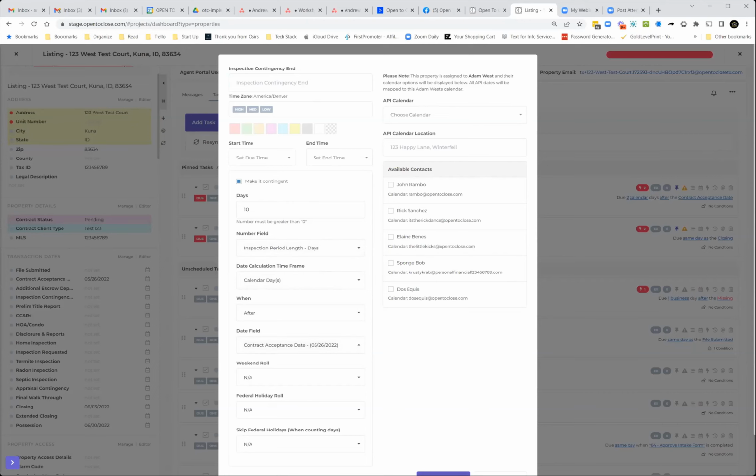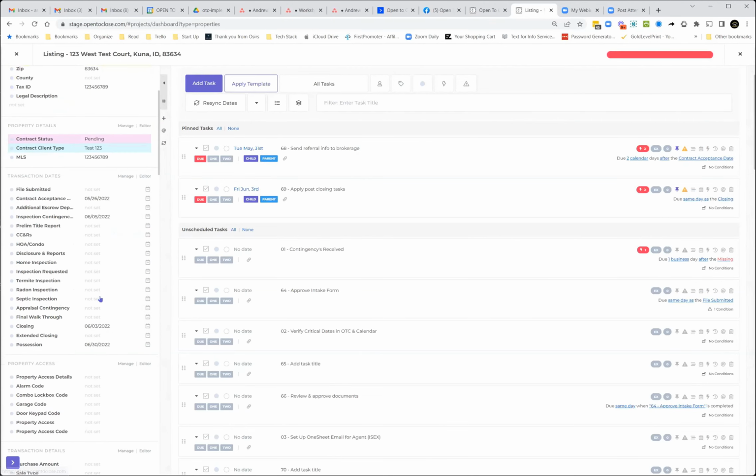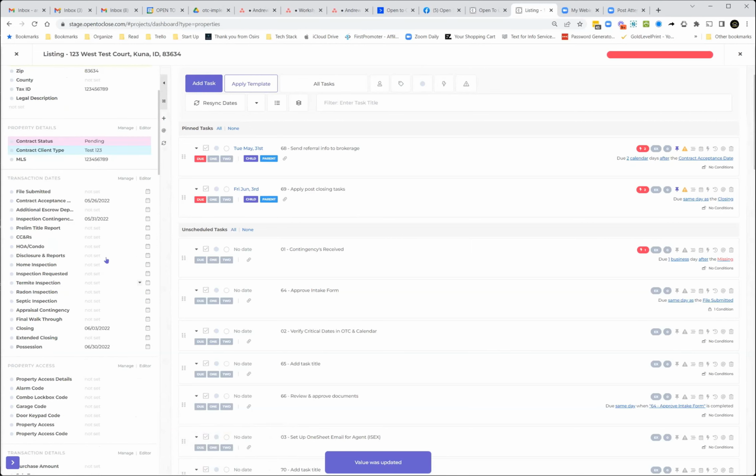So we'll go ahead and save this. And now here's the contract acceptance, and it calculated 10 days. But now remember, we said we only wanted 5 days. So let me see if that field is in here. Here we go. So now I'm going to come down here to this field length. And now this could be in the intake form. So this would already be filled out, but I'm just showing you kind of real time how this works. So now 5 days, we're going to update that. And then we're going to go up here, and you can see that that just changed to 5 calendar days